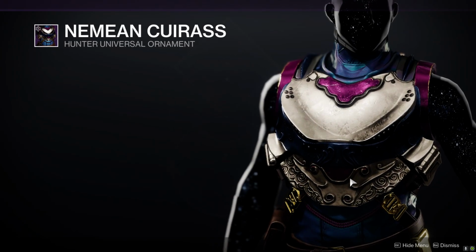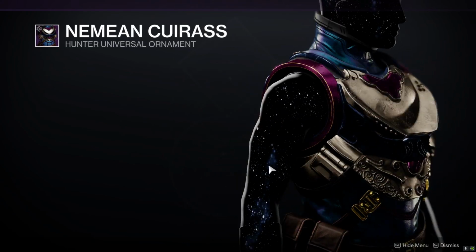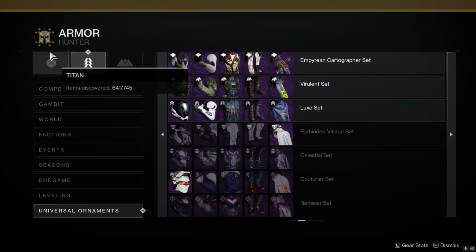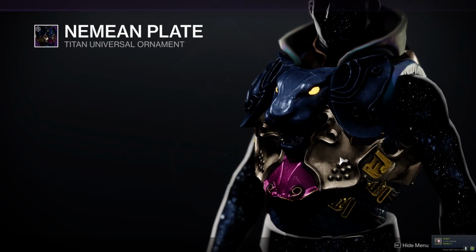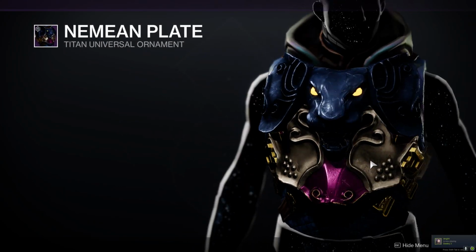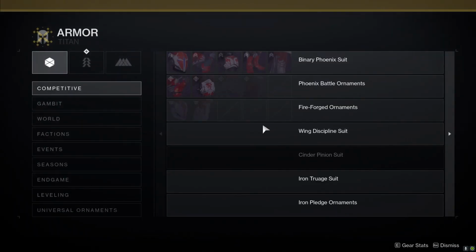So this would be the chest piece that's offered for the hunters. Very pretty, very elegant. And for the titans as well. So let's go ahead and take a look here. Boom, look at that. That is beautiful. Very, very beautiful. Oh, hi, DMG. And finally,